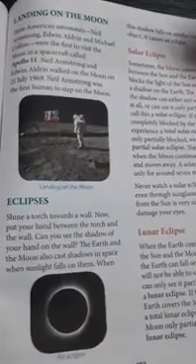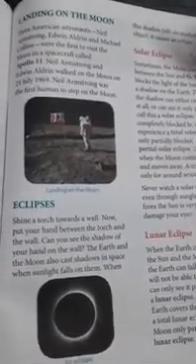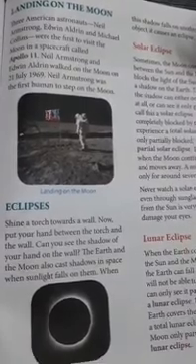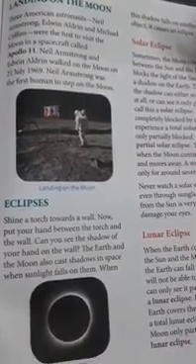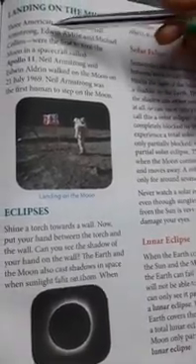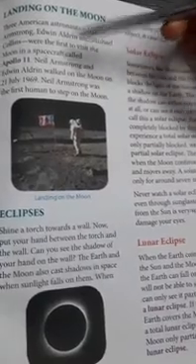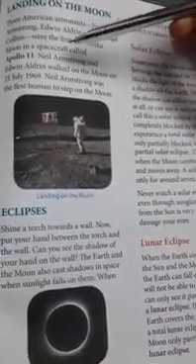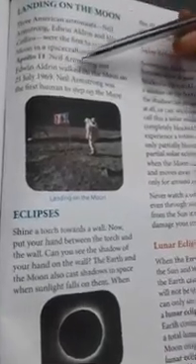Our next topic is landing on the Moon. Three American astronauts, Neil Armstrong, Edwin Aldrin and Michael Collins, were the first to visit the Moon. These are the names you have to remember always. They were the first people to visit the Moon in a spacecraft, and the name of the spacecraft was Apollo 11.